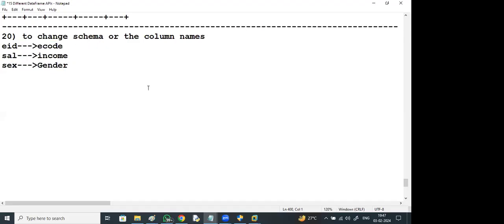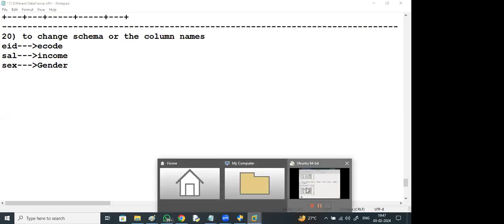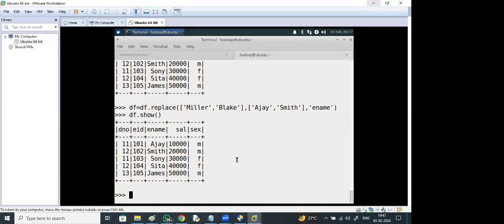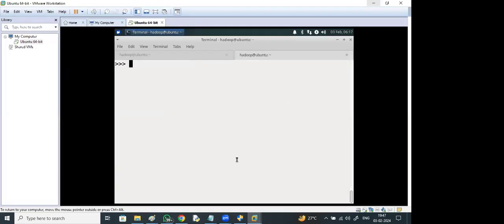I want these names, right? So how can I change these names in a data frame? If you want a new data frame or the old data frame, I want a new data frame, right? In that, df dot